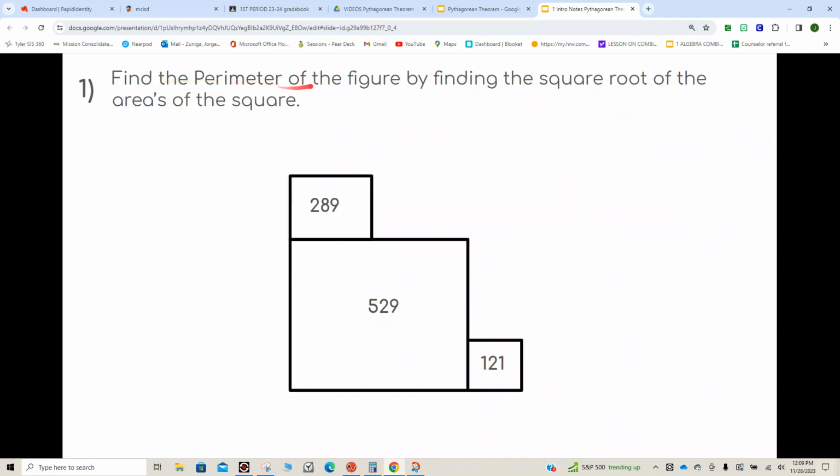It reads, to find the perimeter of the figure, finding the square root of the areas of the square. So basically, we want to find the perimeter all the way around this composite figure. It's called a composite figure because it's composed of three figures. So what we want to do is find the measures of the length of each square. Well, if they give you the area, so in this case, the square root of 289,